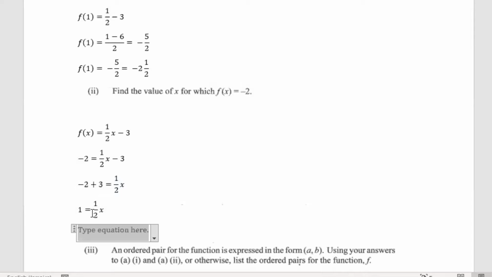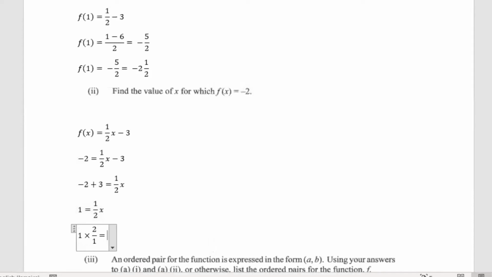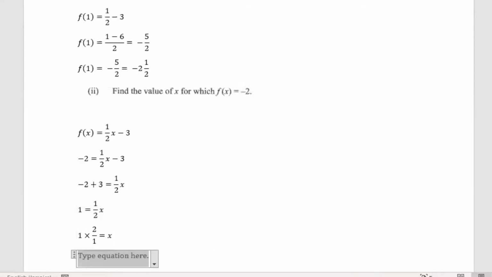This half is being multiplied with the x. When it comes across to the left-hand side, it will flip. When we're working fractions, we usually change the division sign to multiplication, then flip the fraction that follows. So this is one of those times. So it will be 1 multiplied by 2 over 1 is equal to x, and therefore 2 is equal